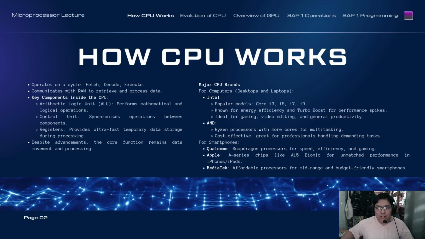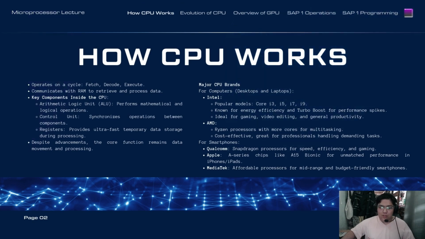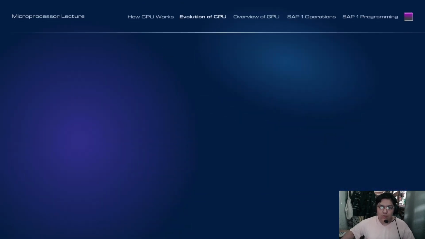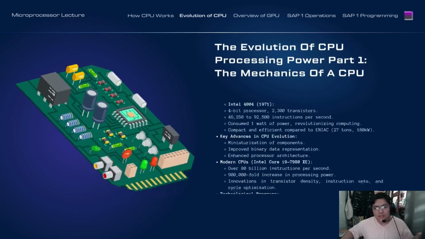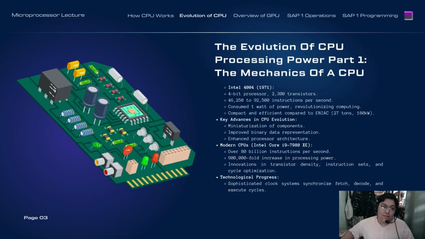Now, talking about the evolution of CPU. In this evolution of CPU, we'll explore it in four parts. For the first part, which is the evolution of CPU processing power. Part 1, the mechanics of CPU. The evolution of CPU showcases a transformative journey from the mid 20th century to today, starting with the introduction of the Intel 4004 in 1971, a 4-bit processor with 2,300 transistors capable of